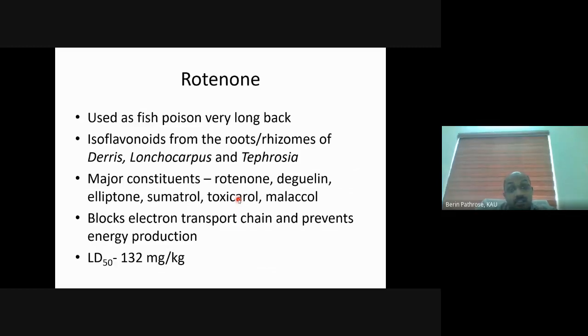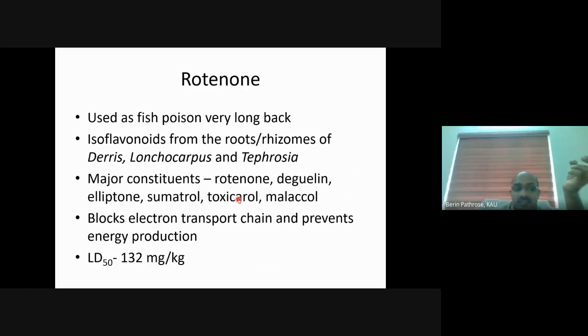We used to crush certain plant material and add it to water bodies, ponds, etc. If we add it to the water bodies, these plant materials have high fish toxicity and all the fish will die. And rotenone is one such fish poison which was used for a very long time,